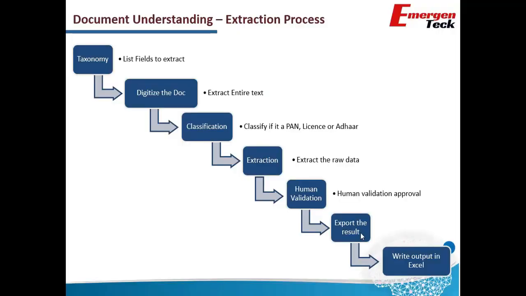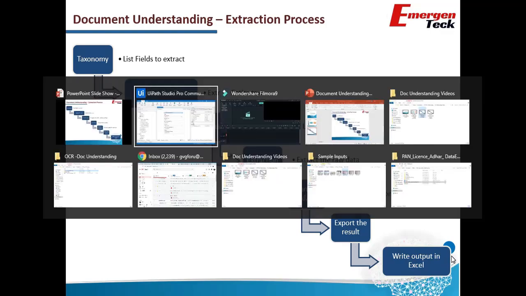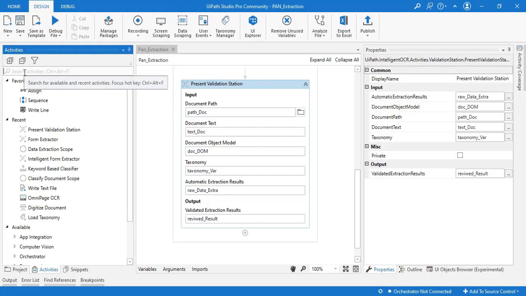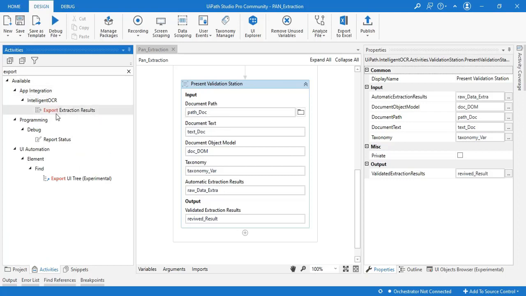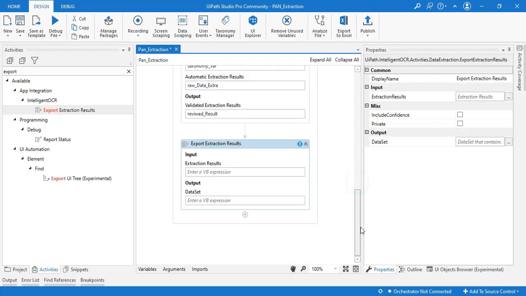The following step was to export the result and write the output into the Excel. We have an activity here called export extraction result. This will do our job. The input would be the reviewed results and output would be final results.